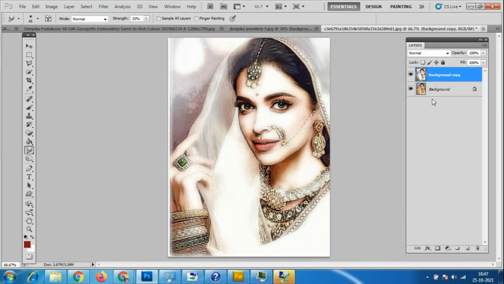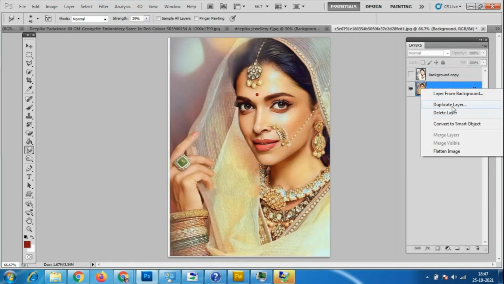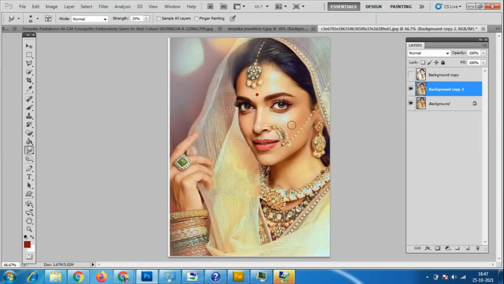You have to take a copy of that file, and you have to use the smudge tool. Once we apply this filter gallery, it is not coming back. I'm doing Control Alt Z, Control Alt Z, and it is not coming back, because it already has the smudge tool and the filter gallery applied. So always we have to take a duplicate copy of this, and we have to use the smudge tool.